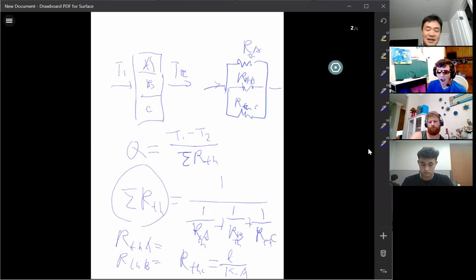Then we will look at the cylindrical coordinate. I'm probably out of time today. Then we will look at the equation for the thermal resistance in cylindrical coordinates. They also have an overall heat transfer coefficient. It's not the convection heat transfer coefficient. They use the overall heat transfer coefficient to represent a complicated system. We will talk about it next time, but for today, we just try to introduce this.